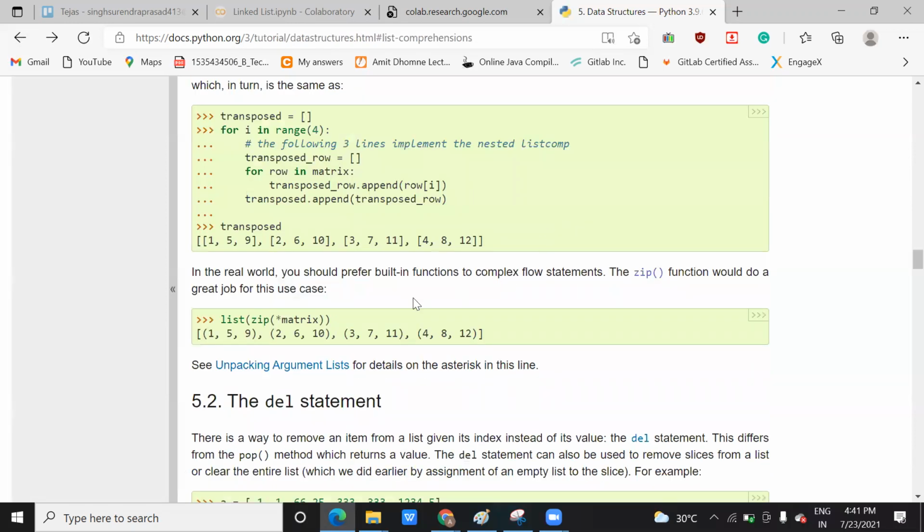So that is the reason we are passing this. Is it clear now? Yeah, understood.